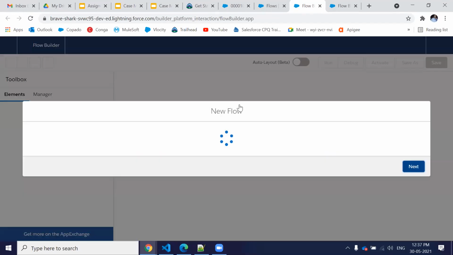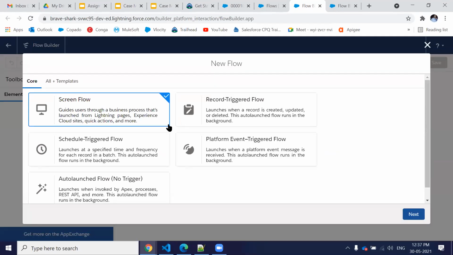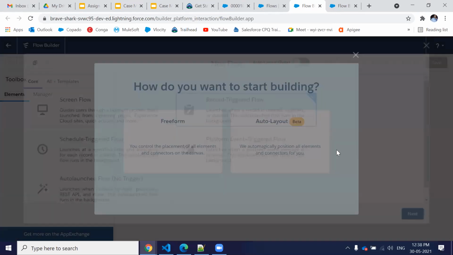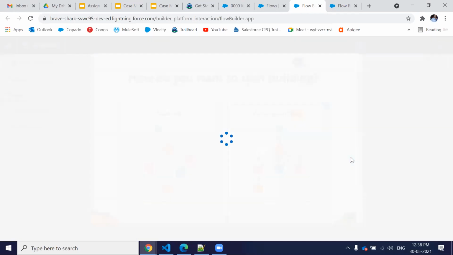I will show you in the new flow. You can use any flow, because we have the capability to run the flow after the record is saved, before the record is saved, or updated. Previously we used an auto launch flow and called it from the process builder, but now we have the record trigger flow. We can use it directly, and this could be auto layout.